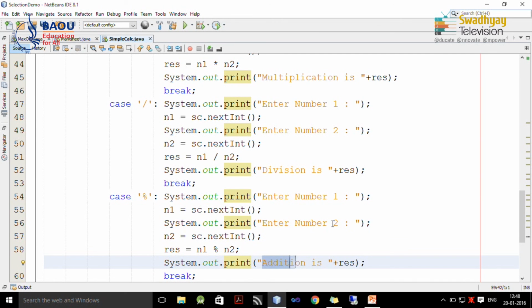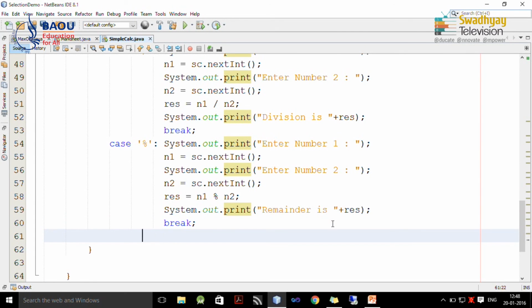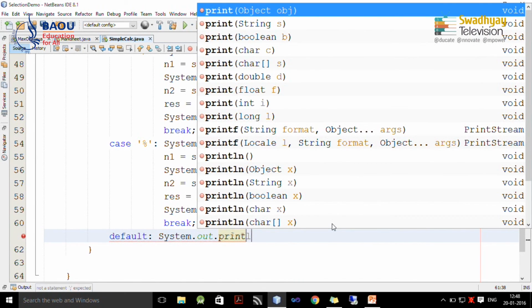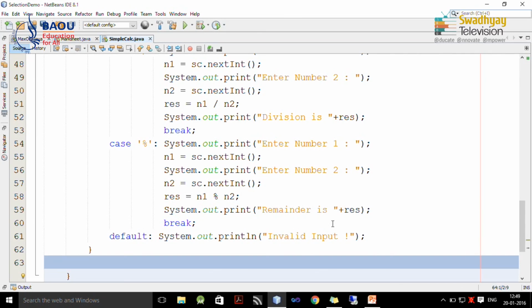So here I write down remainder is whatever answer we get, and last we write down default, which is generally executed if a match is not found. So here we are going to print invalid input, because our input does not match any of the operators.